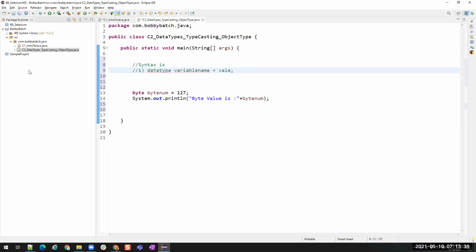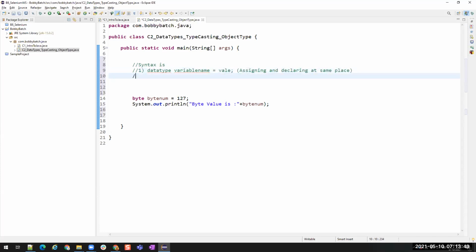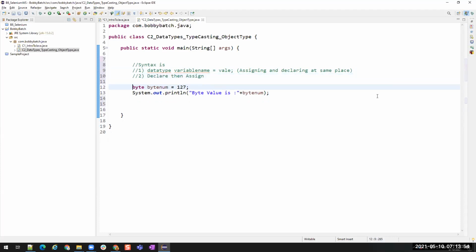This is called assigning a value while declaring, assigning and declaring at the same place. We can also do it as declare then assign. Let us do that in another sample.